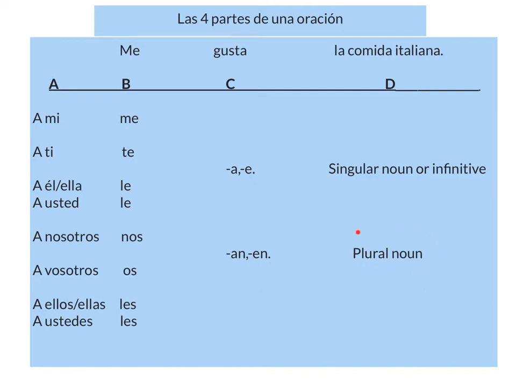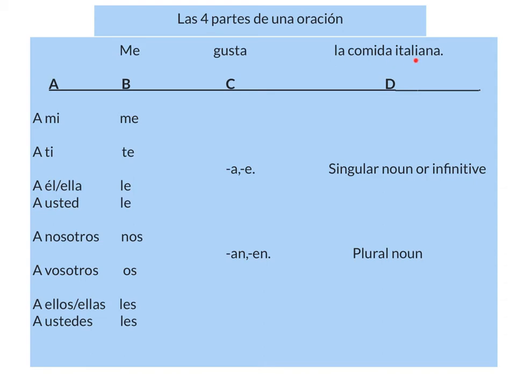If you have a plural noun at the end of your sentence, then you will have a plural conjugation, even if your object is singular, like a mí, or a ti, or a él, or ella. Okay? So the end of our sentence is what dictates what conjugation to use. So if we look back at our original example sentence up here, we see that